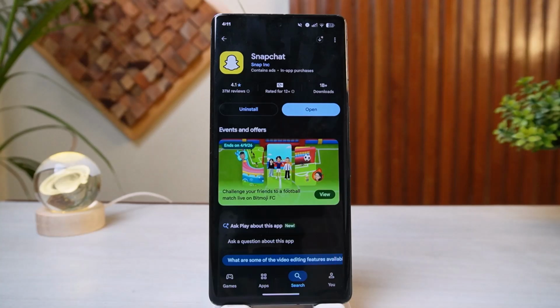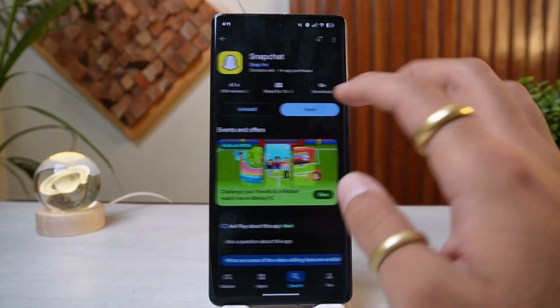How to see your best friend solar system on Snapchat. To see your friend's solar system on Snapchat, first of all, you have to launch the application itself, then sign